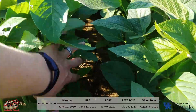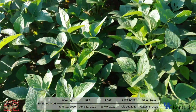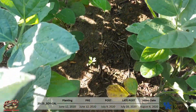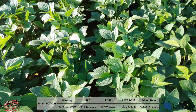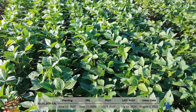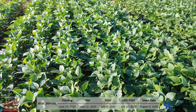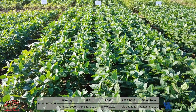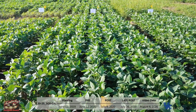So as we come into here, again, a really clean plot, and every once in a while you can find a Waterhemp plant, okay? It is hard to find. You can see I kind of struggled to find my spot there. So again, those few Waterhemp plants are not going to provide any competition for these soybeans, but the one thing that they have the potential to provide is Waterhemp seed production, and that's the concern with this, and that's why we're looking at this. We'll come back late in the season and evaluate how much seed production we get out